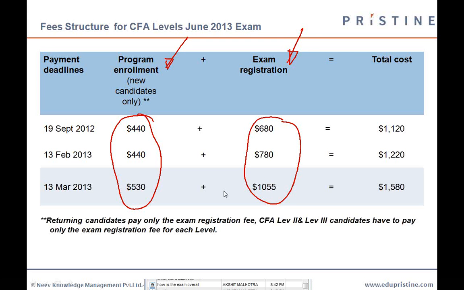I think there are some more questions coming in. I'll try to quickly go through them. Somebody has asked, when it comes to Pristine, you're only giving 26 classroom sessions for CFA. Is it enough? More than enough, in my opinion, because each session is around 5 hours. So 26 sessions means you have 130 hours. In fact, the last 6 sessions are 8 hours long, so you actually get around 148 to 150 hours of study. Quite significant.